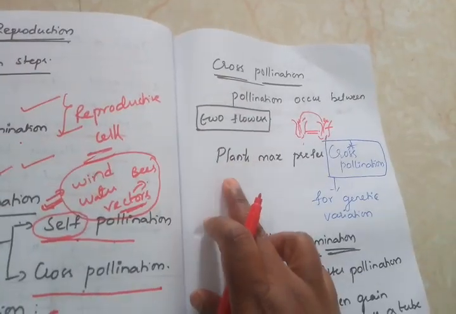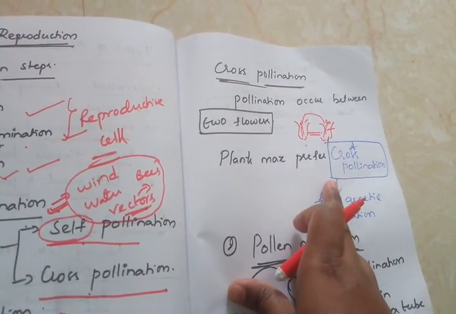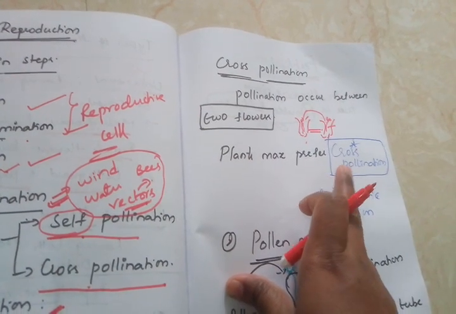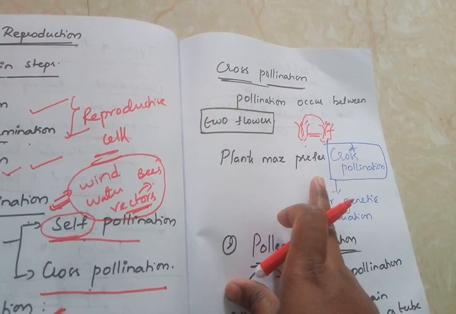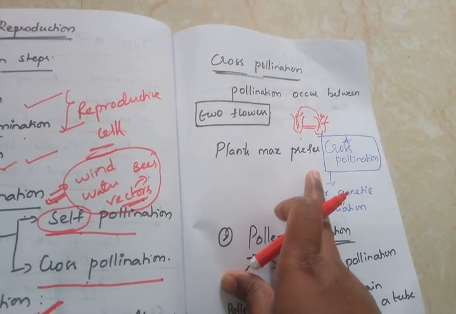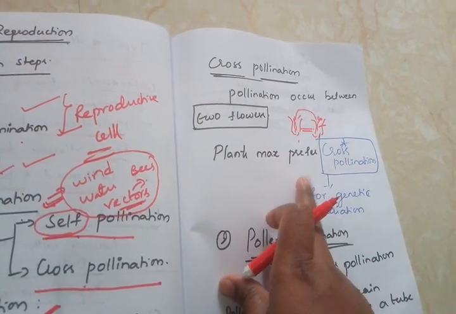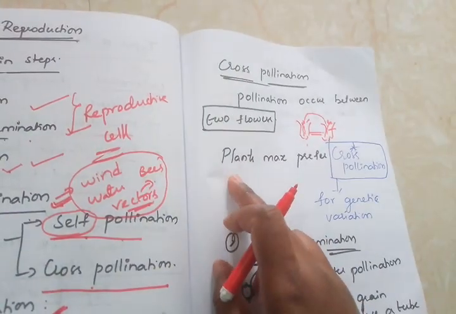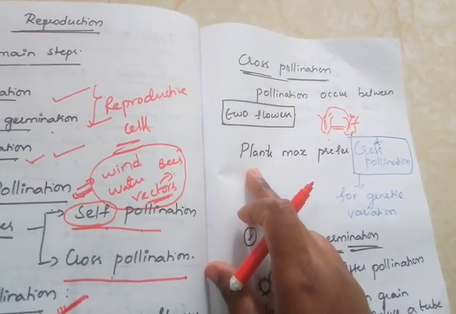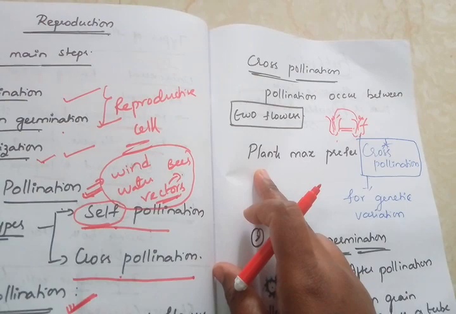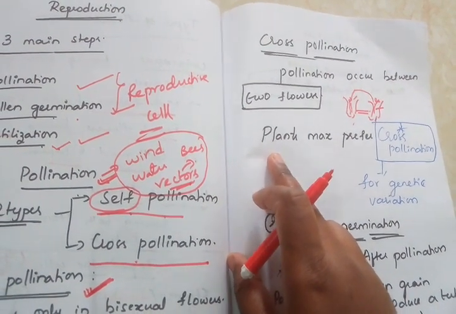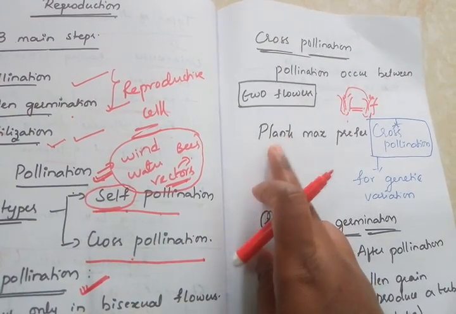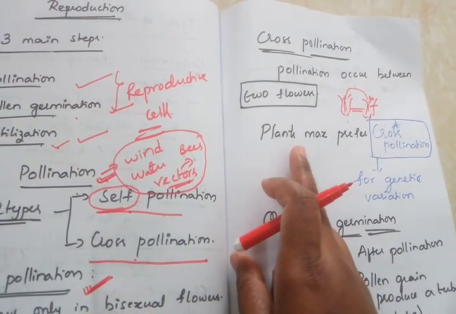Generally, plants prefer cross-pollination. How do they identify whether a pollen grain is a self one or a cross one? That is a big topic actually, but in a word, we can say it is based on the genetic combination. They have some mechanism to identify the genes. If the genes match the same flower, then that is inhibited, and the next process is inhibited.